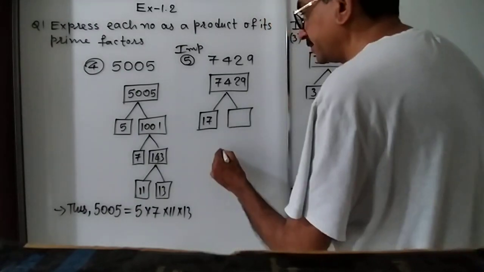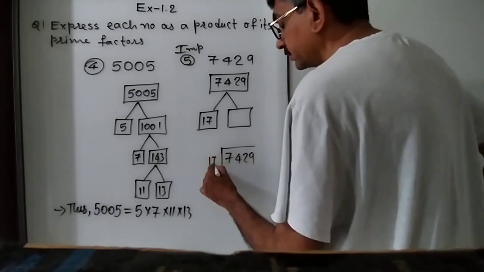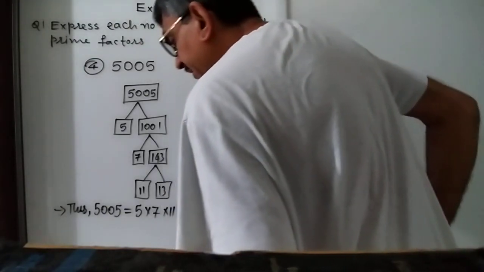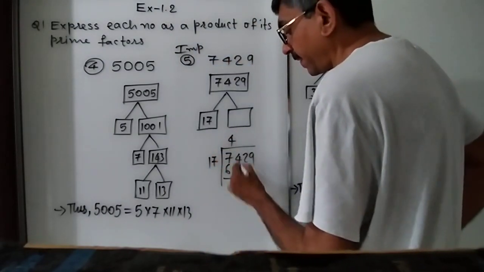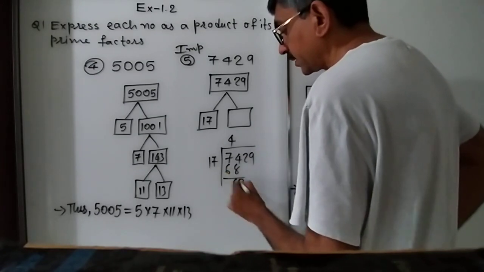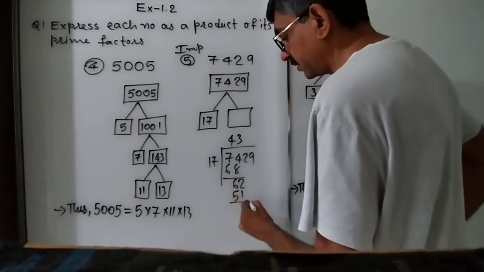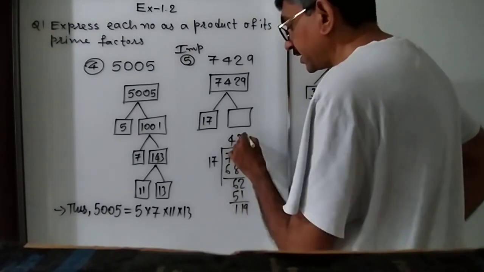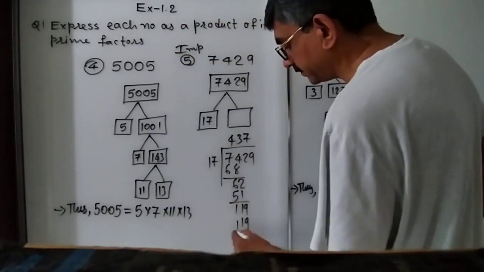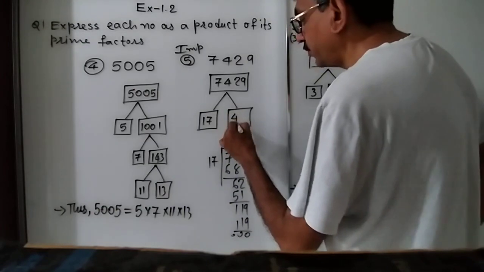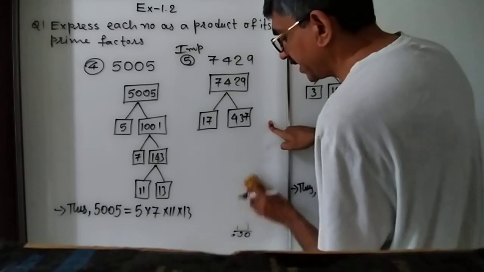Here as we divide it by 17, 17 1s are 17, 17 2s are 34, 17 4s are 68. Okay, 17 3s are 51. 17 how many are 119, 7s are 119. So 4 3 7. Okay, now we have to divide it by